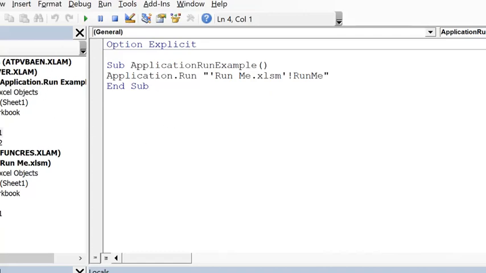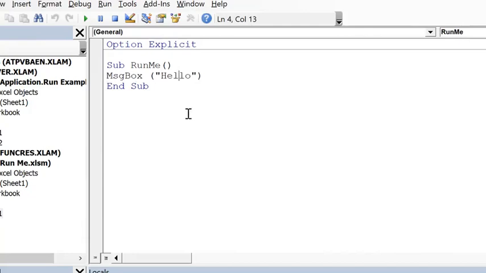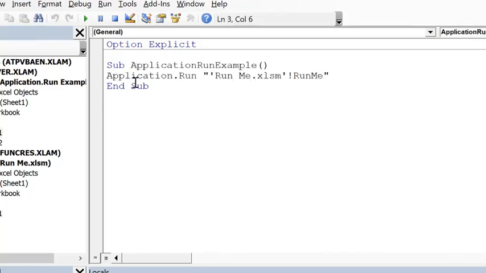So I've got two files open. I've got this main one, and then I've got one called run me. I'm just going to show you how you can run the module. If I open up the module in run me, it's just a very simple subroutine that's just going to do message box hello. So back in the main file, which I call application.run example, you can use this application.run